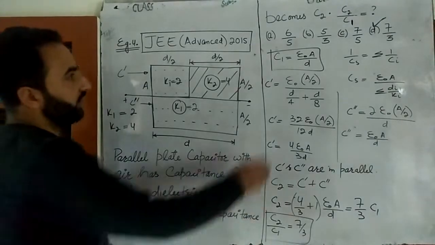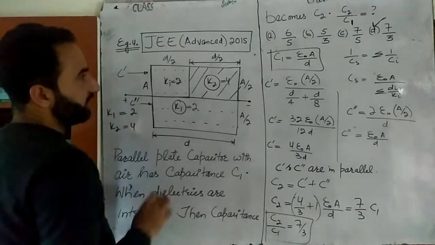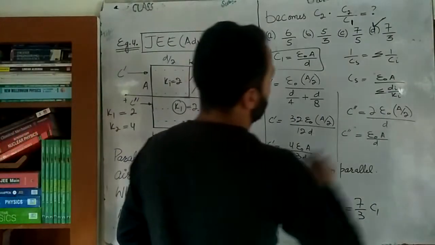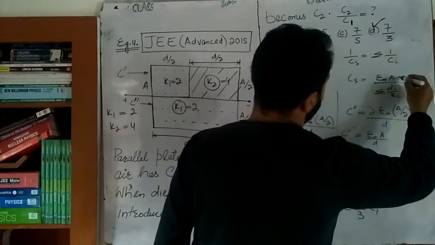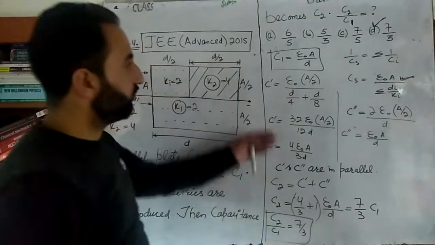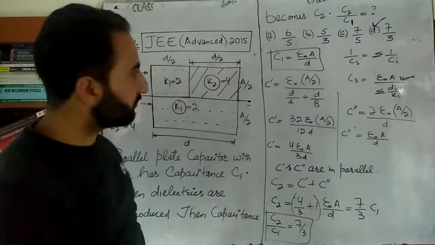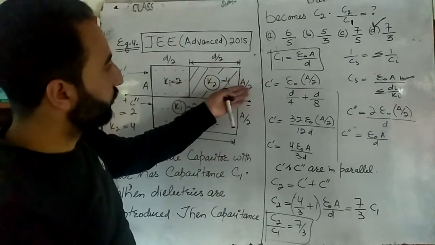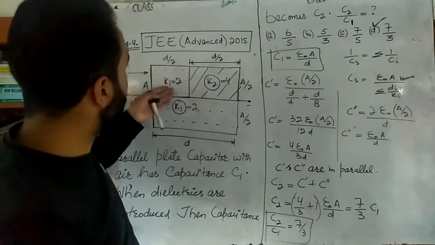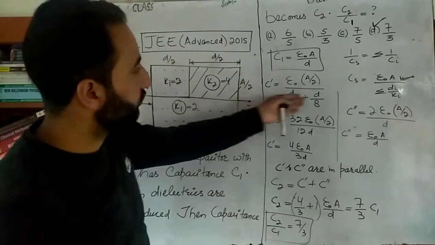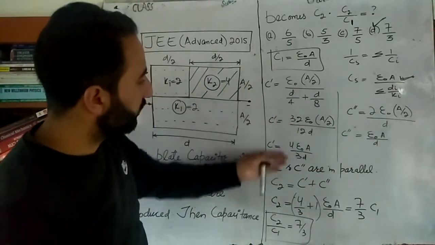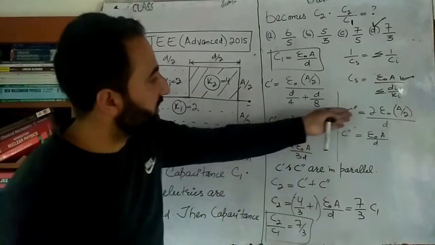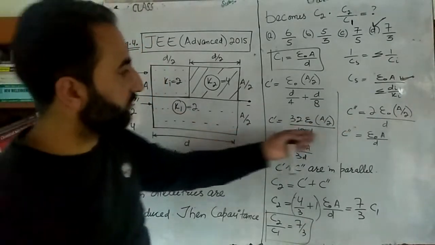Okay, now this one and this one, they are connected in series, and accordingly we have two different formulas. So I will not use this, I will rather use this. So C dash is equal to epsilon naught A by 2 divided by D by 4, 2 2s are 4, 2 4s are 8, so D divided by 8. Then go for the cross multiplication. This is the final answer. Then C double prime will be the capacitance of this, that comes out to be epsilon naught A divided by D.